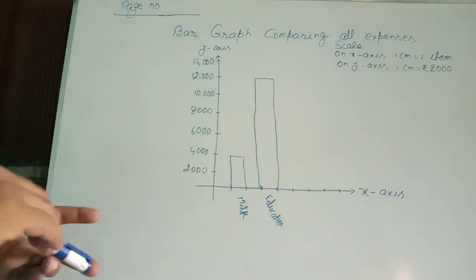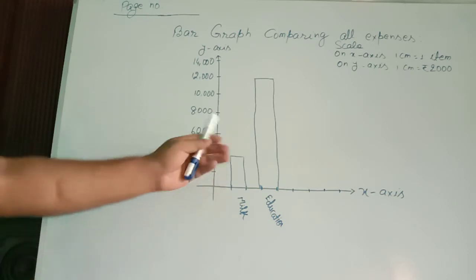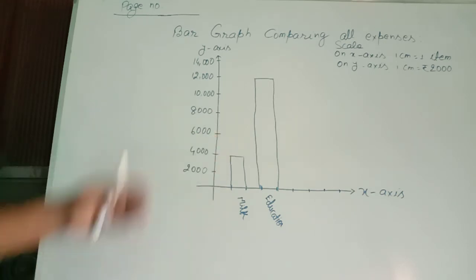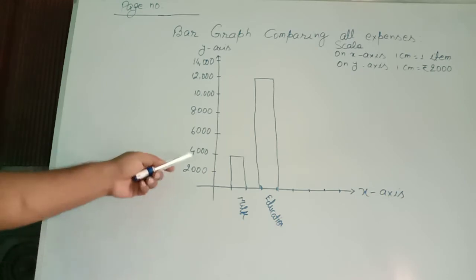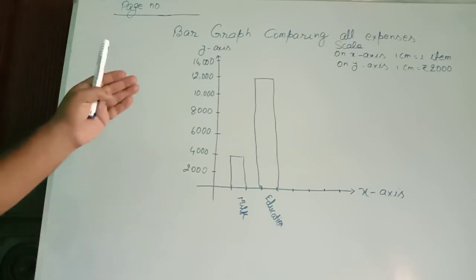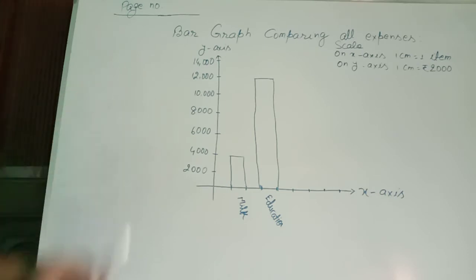As I have used 1 centimeter equal to rupees 2000, you can change your scale as per your convenience. You can use 2 centimeters, and you can change the numbers also. So I gave this example to draw the bar graph. If you use graph sheet, you must paste it, or if you use plain sheet, neatly draw the bar graph and attach it to the page of the project file according to the serial number.